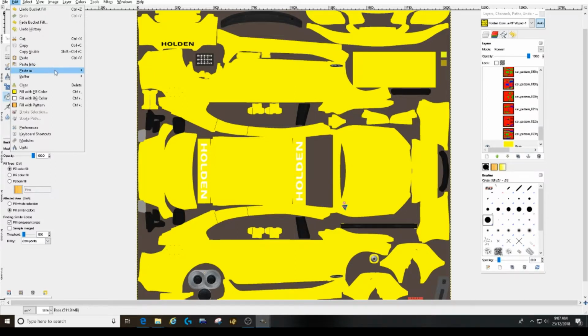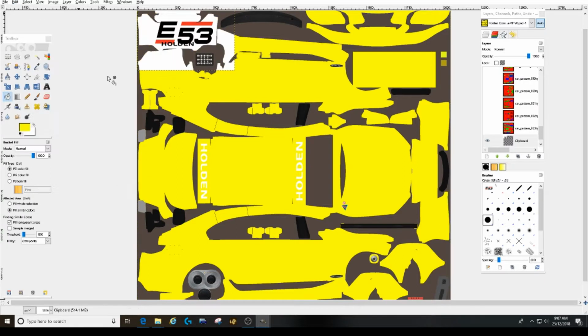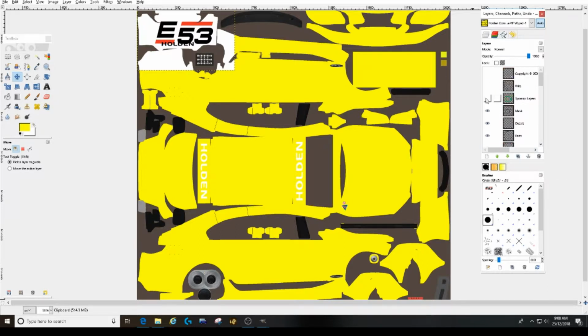I normally use Paste As and New Layer, because what that'll do is pop the logo in there. As you can see, it's just appeared as a new layer. So you've got it selected here and you can work with it. Now you'll notice that it's showing up, but you're only seeing part of it. The reason for that is there's a mask layer over what you can see here. And if you turn that off,